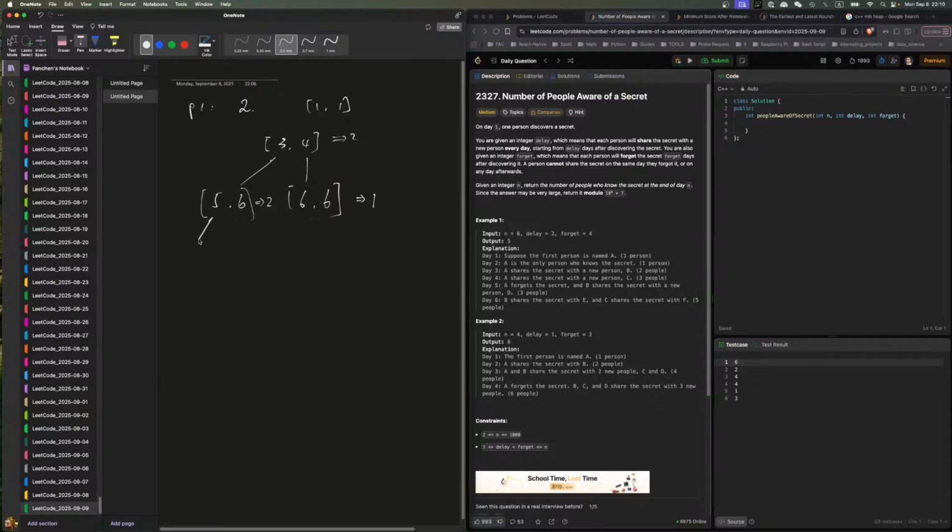Because this you can keep going, this will be 7, so that's 0, right? This is also not going to work. So maybe we do something like this,